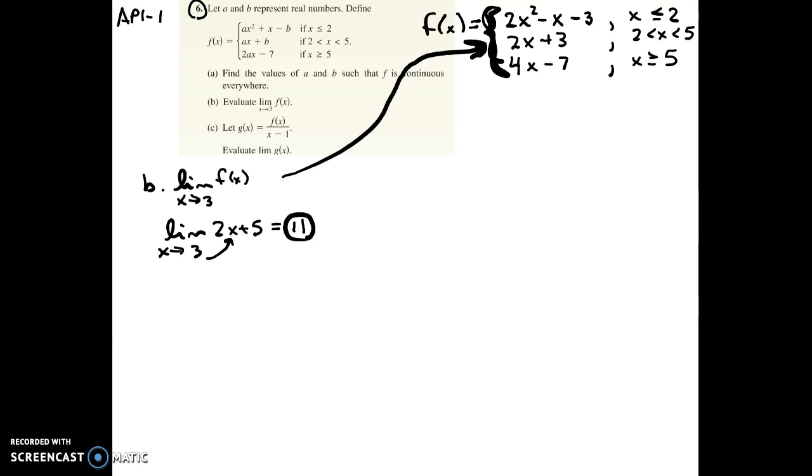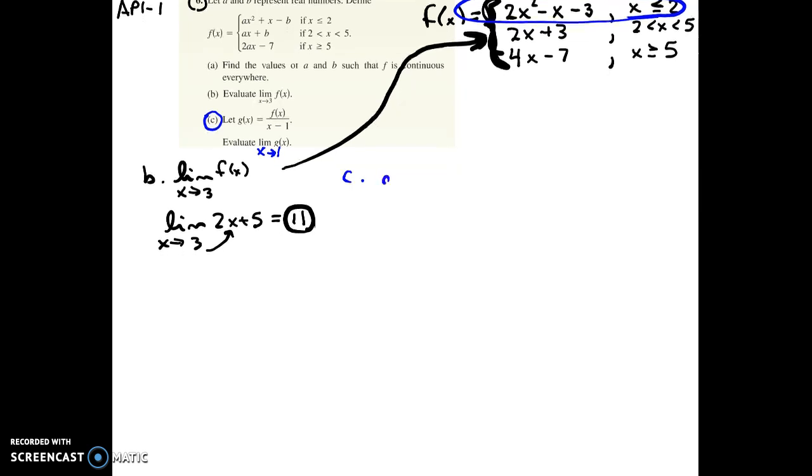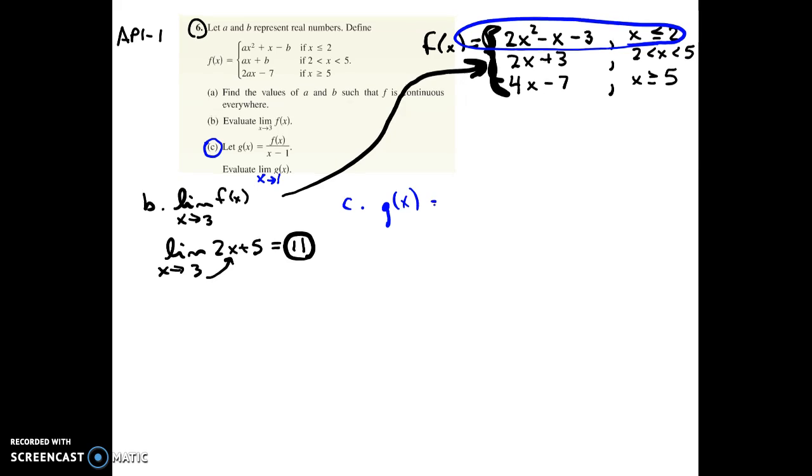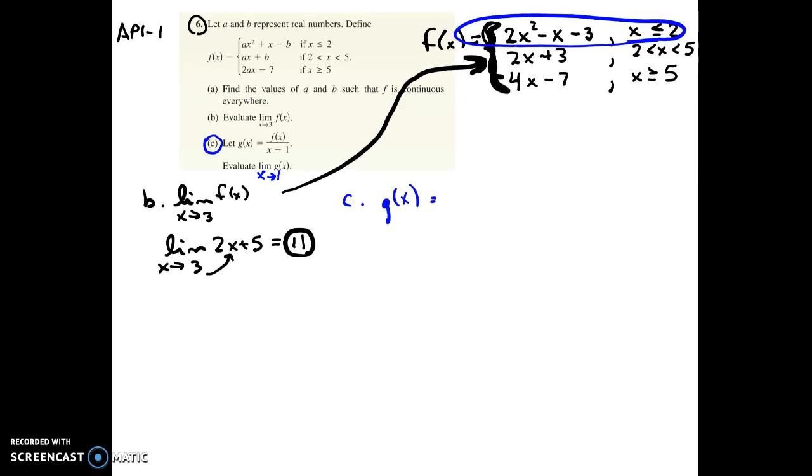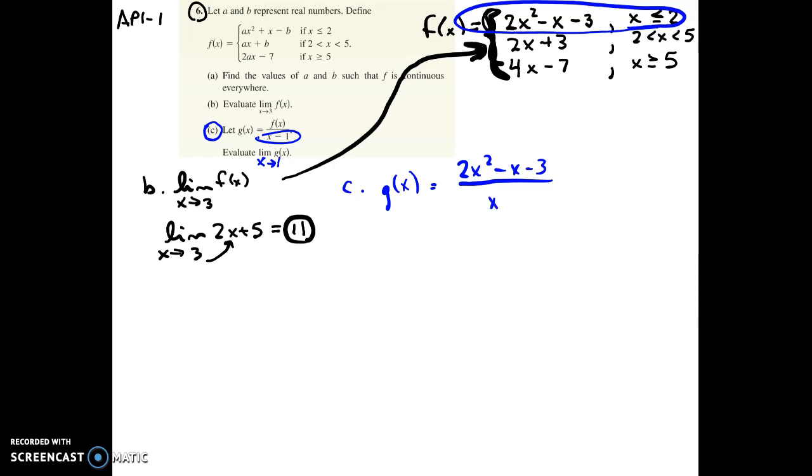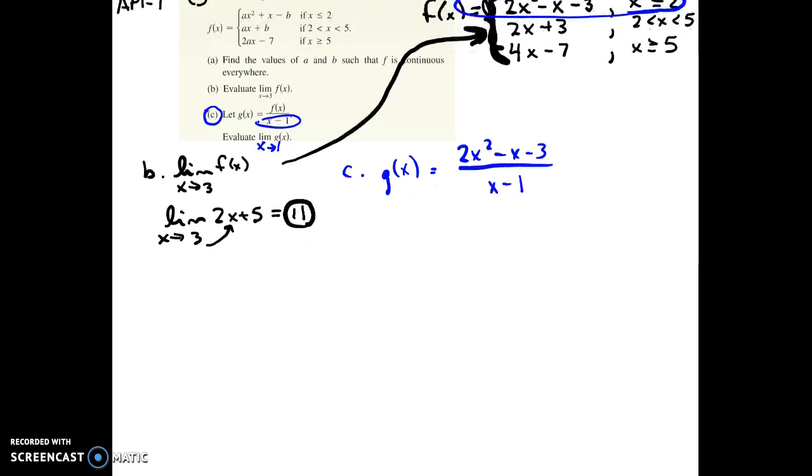Part C, I want to find, first of all, I need to get that function f of x over x minus 1, and this got cut off. This is as x approaches 1. So this is the part of the graph that I'm concerned about. So for part C, I want g of x is equal to the f of x part that we care about, which is this part, over x minus 1. And I want to find the limit as x approaches 1 of this. And if I plug a 1 in for x, I will get